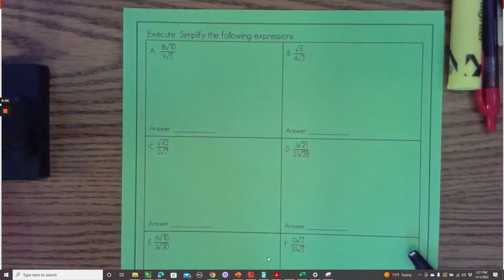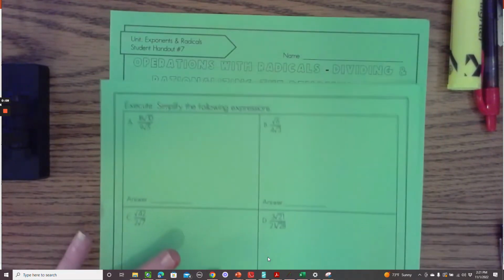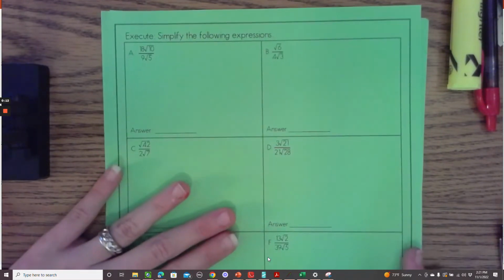This video is for lesson 3, part 2 of our mini unit. We are still rationalizing the denominator. This is just the second page of those notes that we started yesterday. Okay,